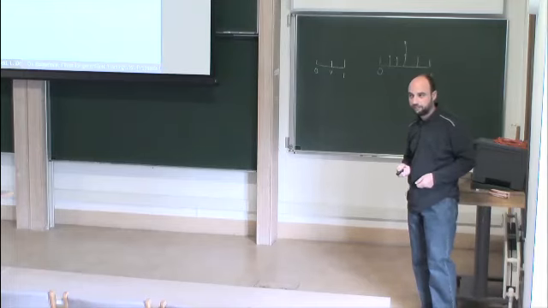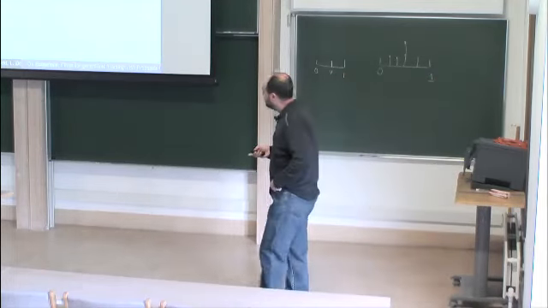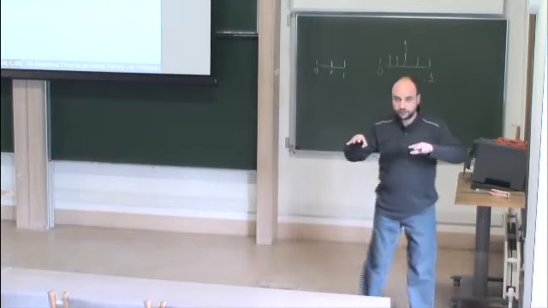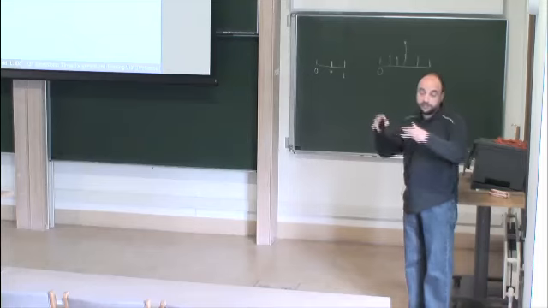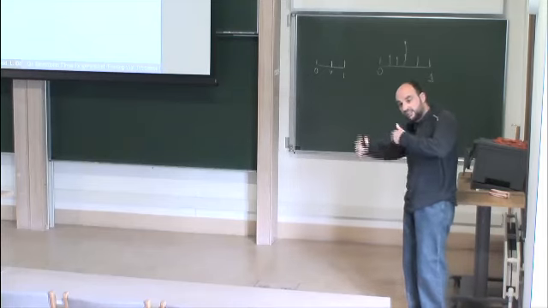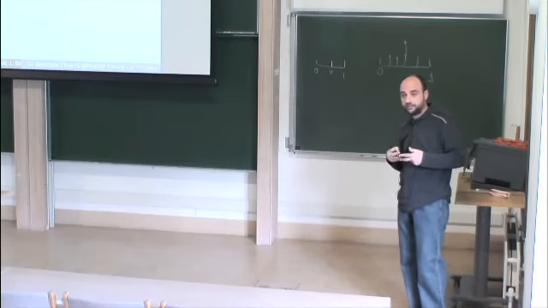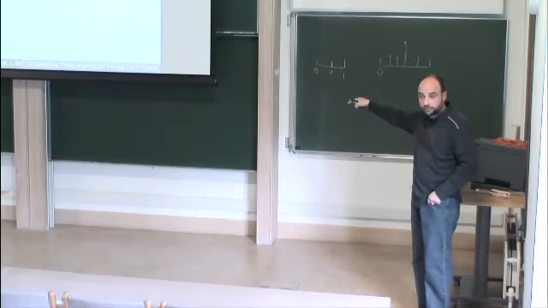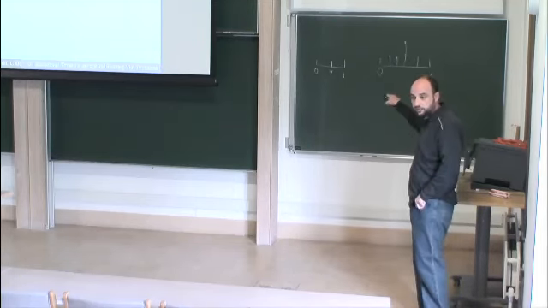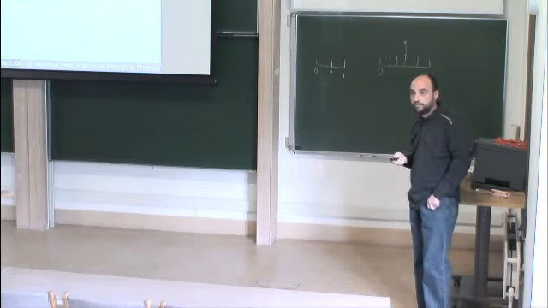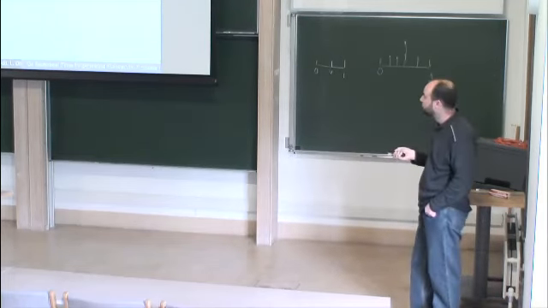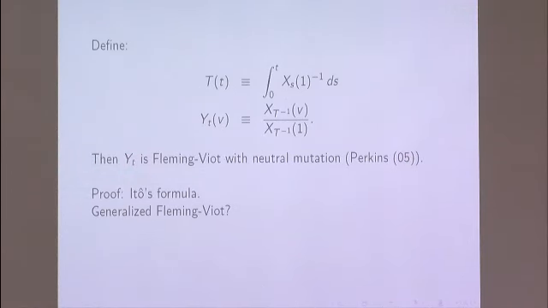Okay? So, which means that in fact our Fleming-Viot process, in the classical case, is just a rescaled, time-changed branching process. And if you have atoms here, whatever we can say about atoms in Fleming-Viot, we can say via atoms in the branching process, which is the key observation. Since it's just different times. Generalized Fleming-Viot.